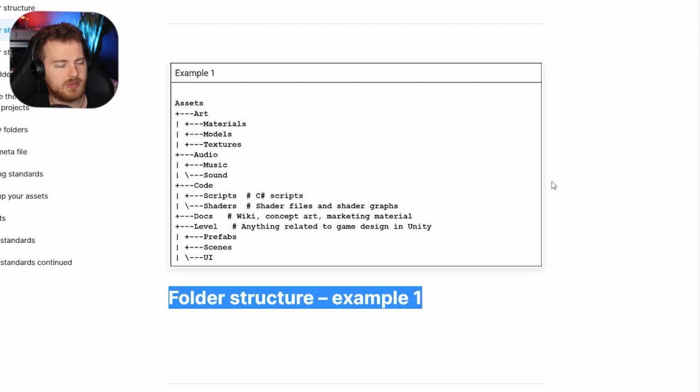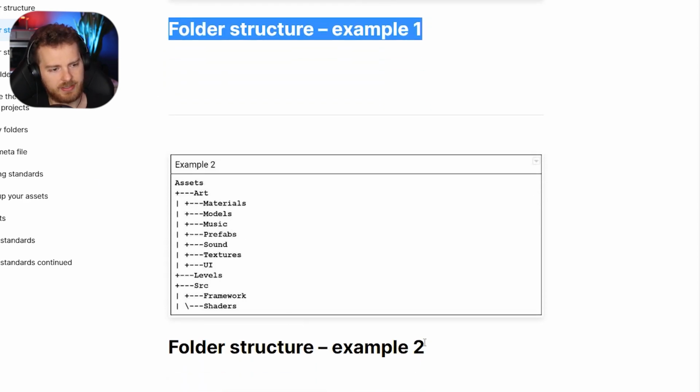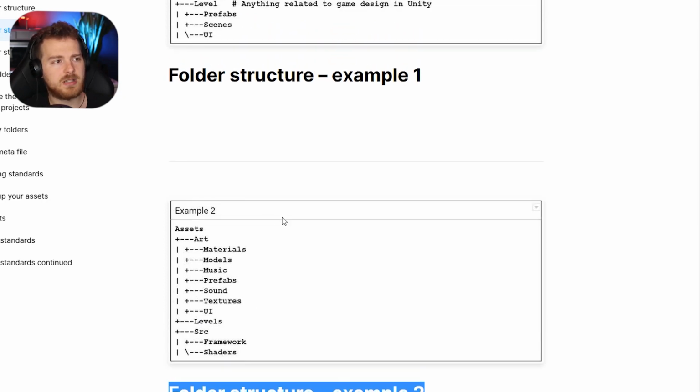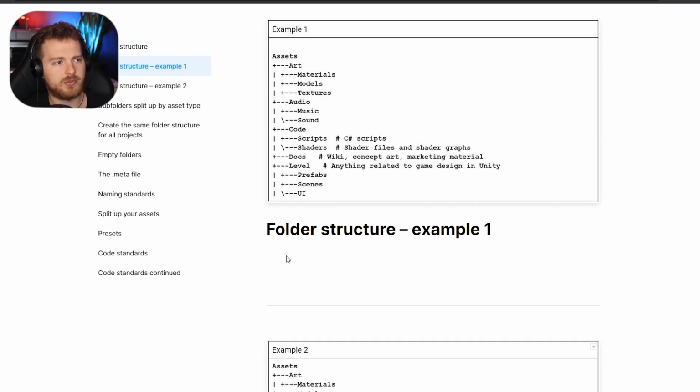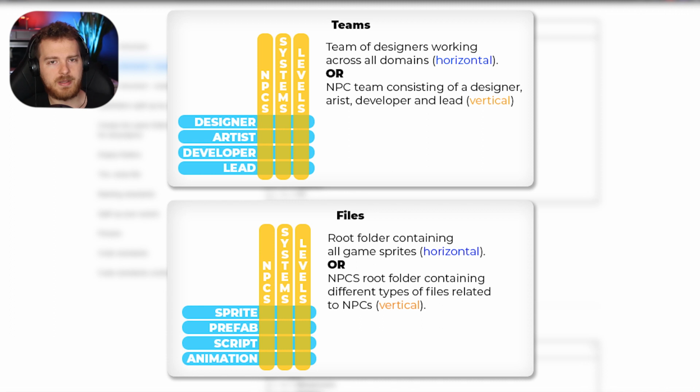So that's the first one, and below we have the second one. Both of them are examples of something called horizontal file structure. Basically, when you structure your projects or even teams, you can go in two ways about it, right? So the first way,